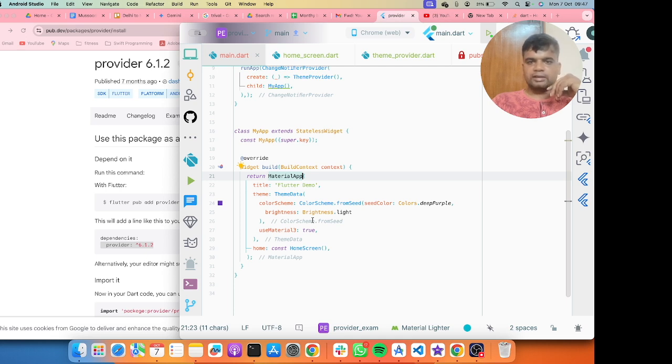After that I just change the value of the boolean variable which is defined in the provider on the click of the button. When I click the button, the value will change to dark, and when I click the button again, it means I switch off the button, the value of the theme changes to light.